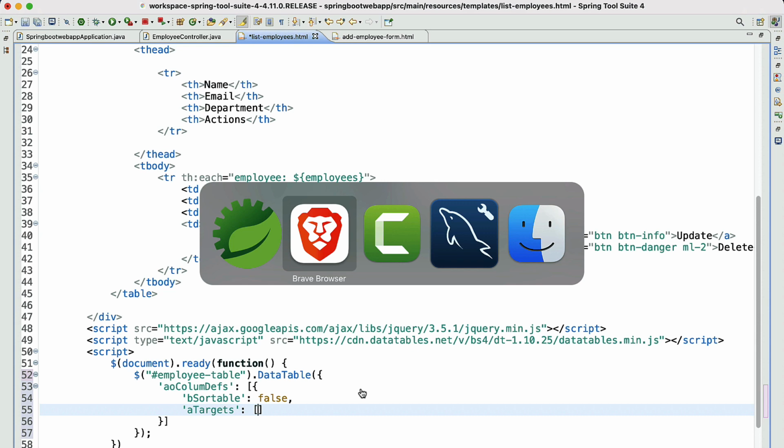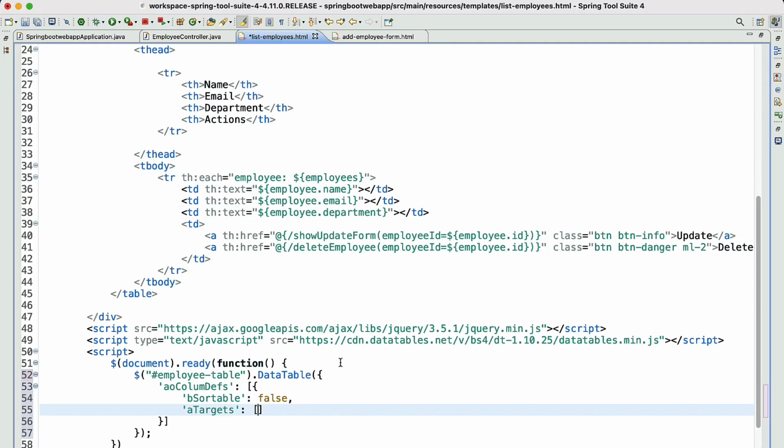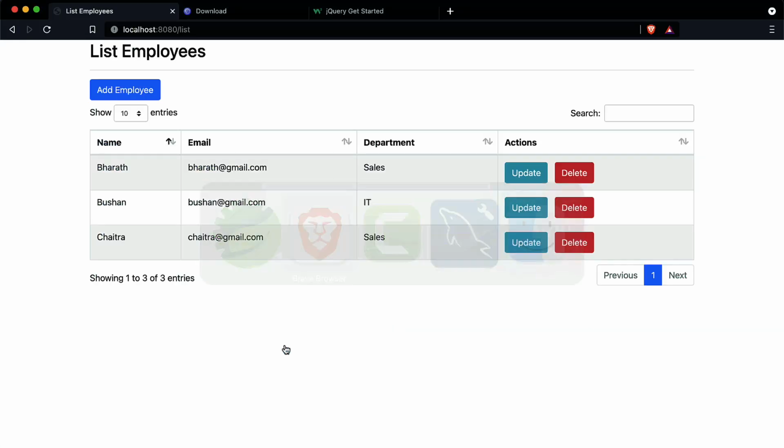So if you take a look at the browser, from right to left, this is -1, -2, -3 and -4. We don't want sorting for the -1 column. So -1. Let's save this. Let's go to the browser and hit reload.